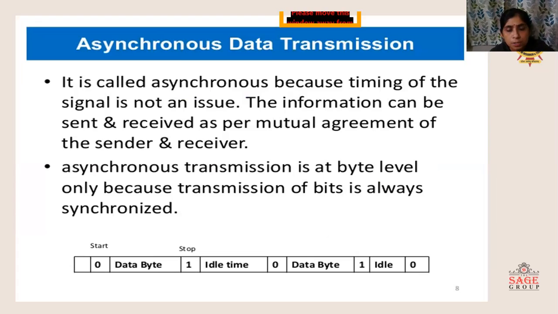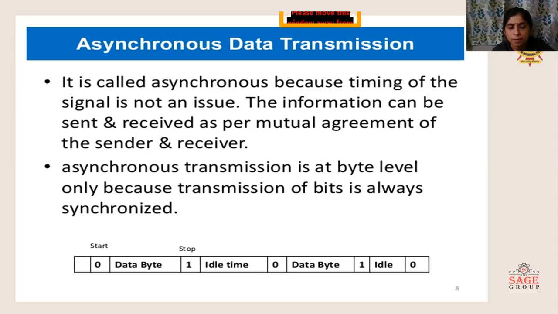It is called asynchronous because timing of the signal is not an issue. The information can be sent and received as per mutual agreement of the sender and receiver. This transmission is at the byte level because transmission of bits is always synchronized. Means there will be a gap in between these